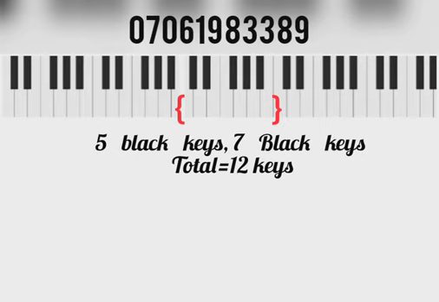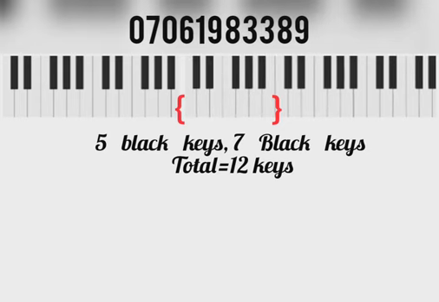Those 12 keys are repeated across the piano. It's just copy and paste, but in different octaves. This first octave is lower than the other octaves. Well, we can't just call them white keys and black keys, but that is the first thing that comes to mind. The white keys and the black keys have names,